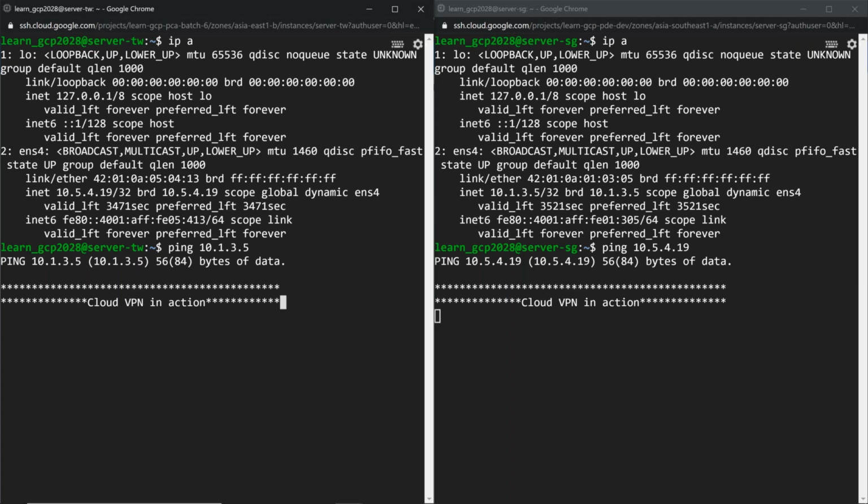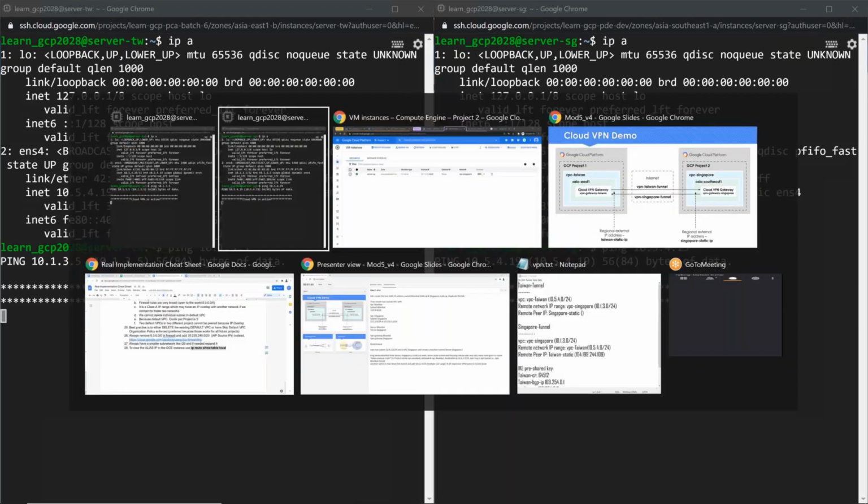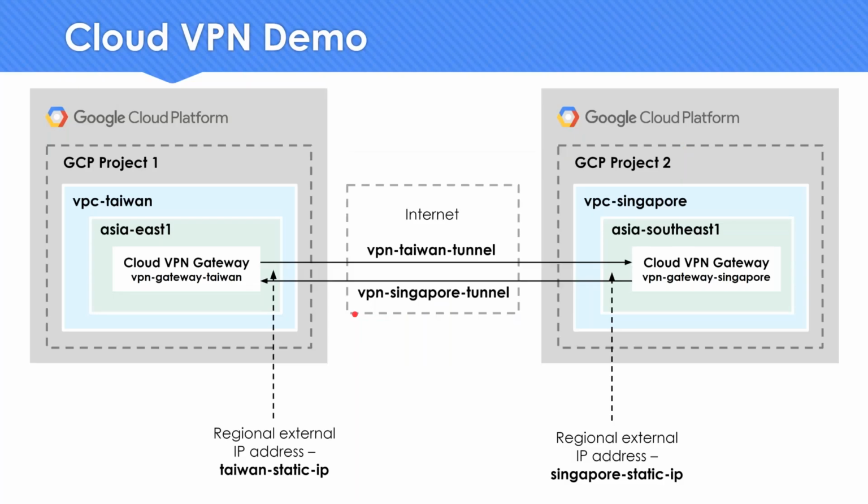It just treats two networks as two different cities or two different places where there's no connectivity. You build a road or a bridge or a flyover, whatever it is, then people commute between these two cities. That's the same thing which you are going to do here. So people are going to be your packets here. If that concept is very clear, things become very, very easy. So it's not working. The solution which we are going to use is Cloud VPN. For that, we have not done anything in this architecture except the stuff which is already there, the VPC